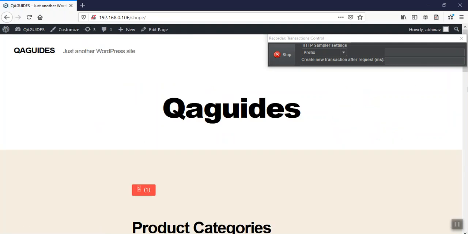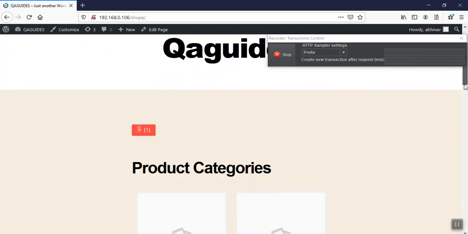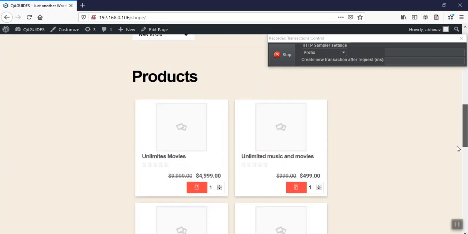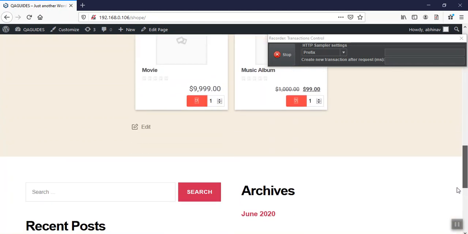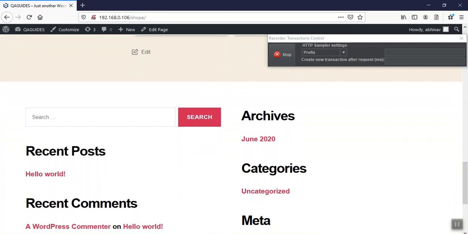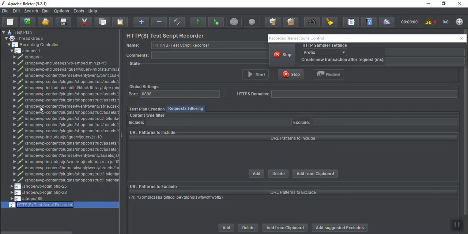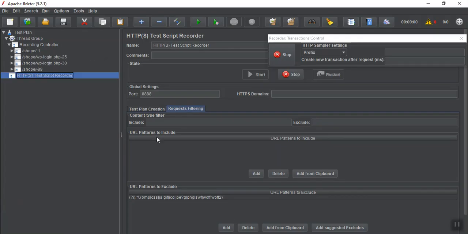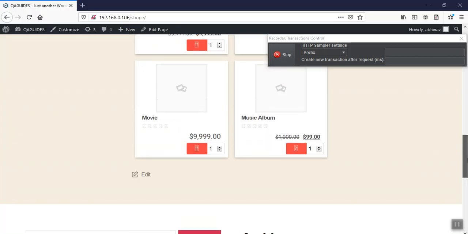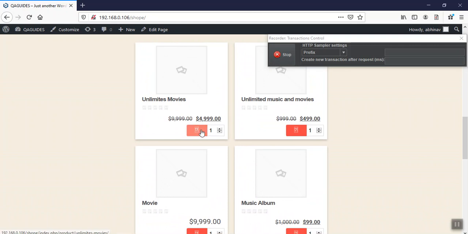Now what we need to do is add a product in the cart. Let's work on it. I go here, I click on this one, add this one. See, a new product has been added here.